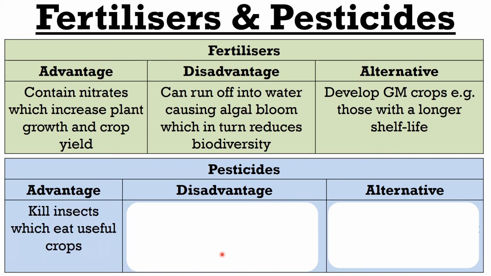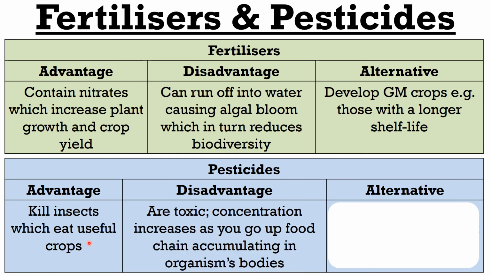Then for pesticides, the advantage is that they kill insects which eat useful crops. So you increase crop yield again. The disadvantage is that they are toxic, and if you get the word bioaccumulation in here, that's good. What bioaccumulation means is the concentration increases as you go up the food chain,